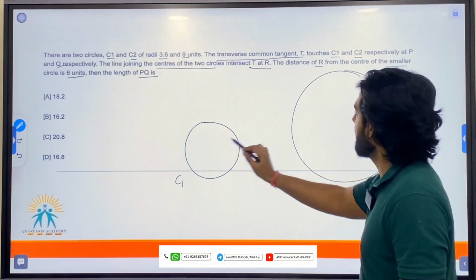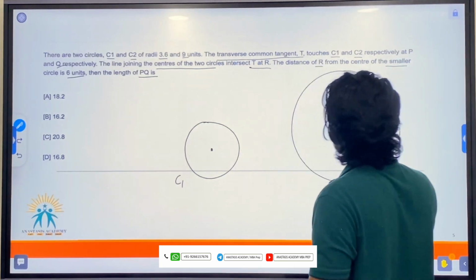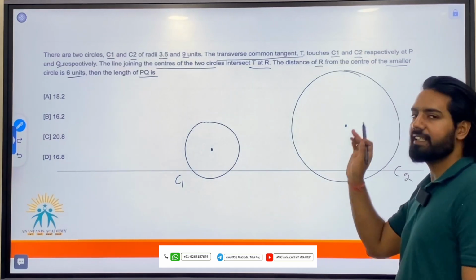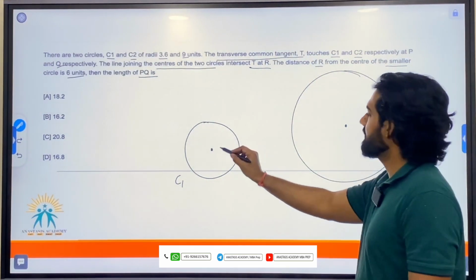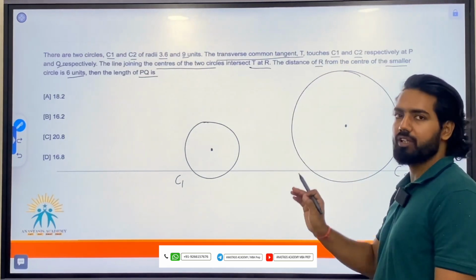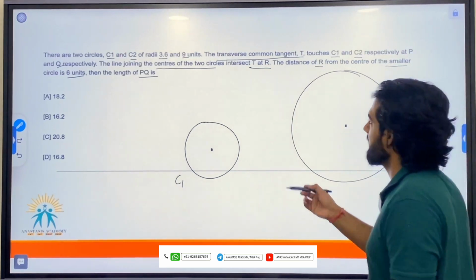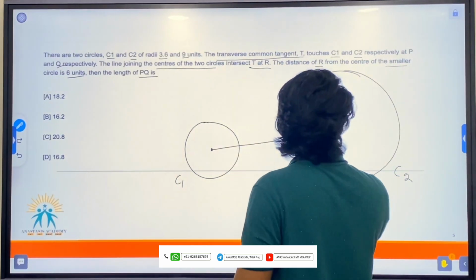And if the line joining the centers does not intersect the tangent, it is called a direct common tangent. So if I join the line connecting the two centers,